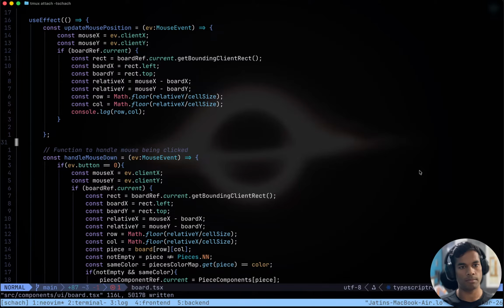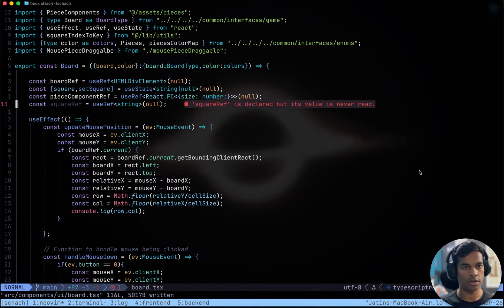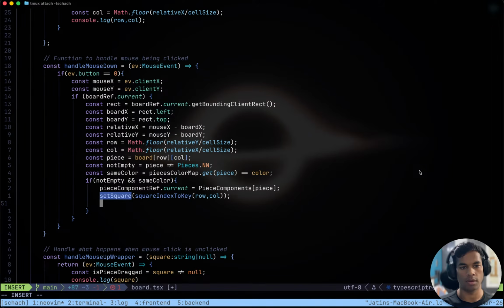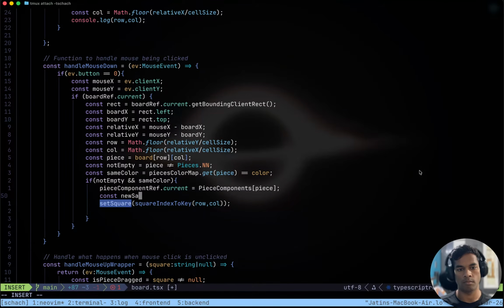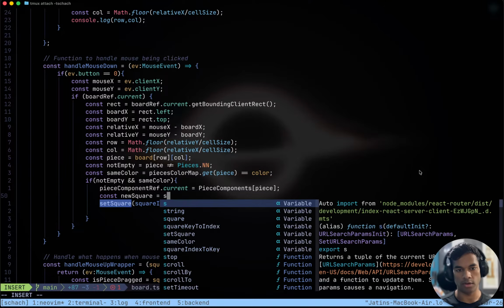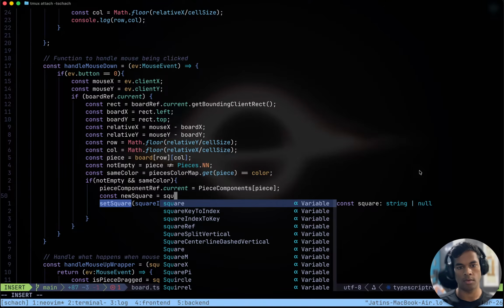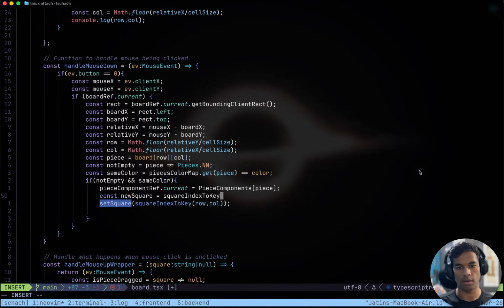Yep, initially null, and whenever we are setting set square here, we will do new square equals square index to key row and column.